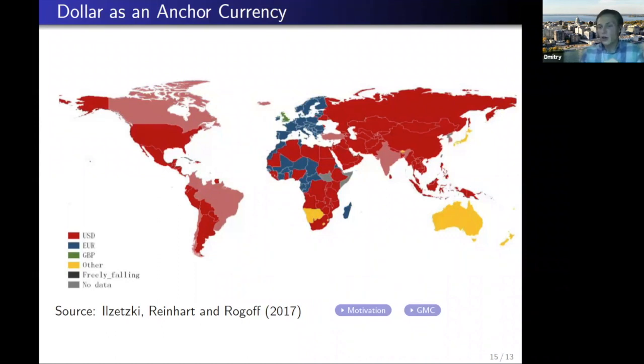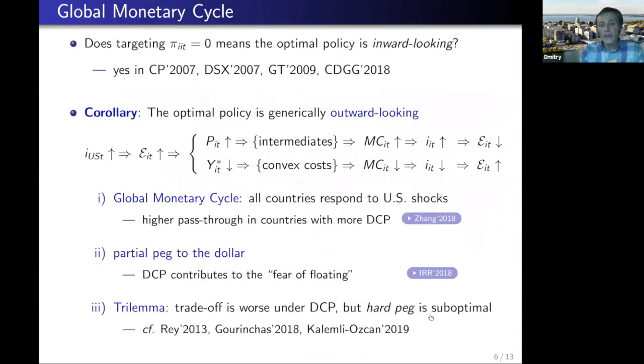It doesn't say that you want to have a hard peg. It's not that you fully stabilize the exchange rate, but you partially smooth movements in the exchange rate against the dollar, right? Okay, and finally, I guess for many of you who followed more the finance literature,